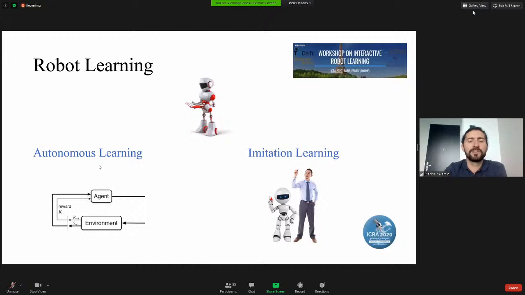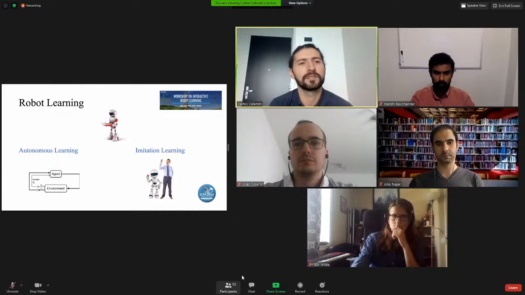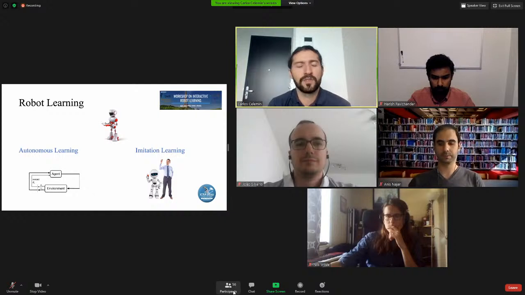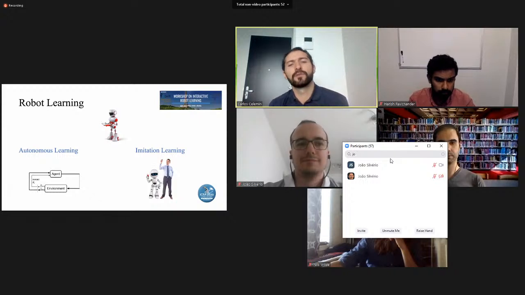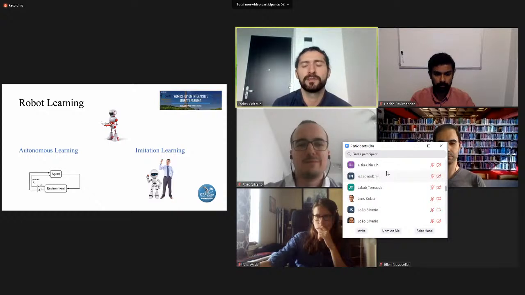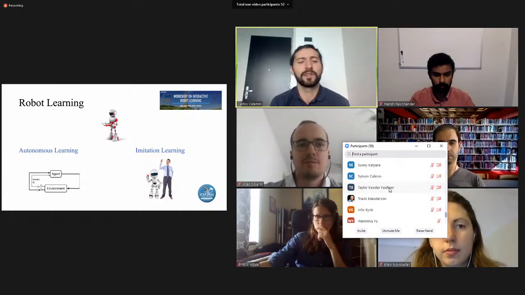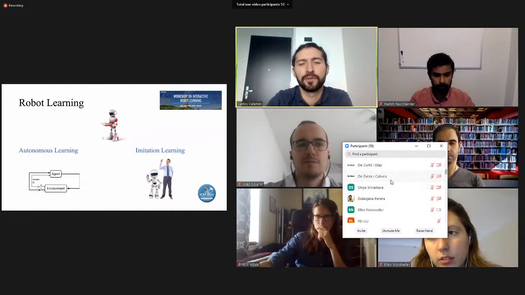This workshop is about interactive robot learning, but first, to set the context, we have machine learning methods for solving sequential decision-making problems. Basically, we have two branches: autonomous learning and intentional learning. Autonomous learning is mostly covered by reinforcement learning, in which an agent interacts with the environment and, by trial and error, gains experience and figures out how to behave in order to achieve a goal or a task.